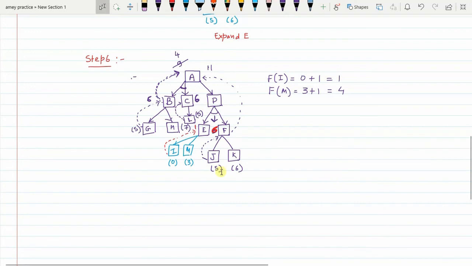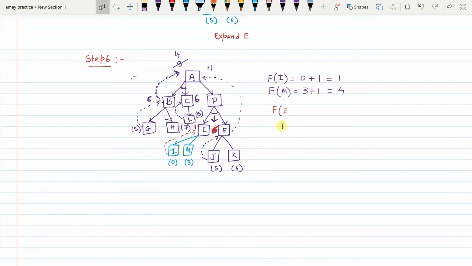How is this one calculated, how is the f value of E calculated, the backed up value? The heuristic value will be 0 and the cost along the edge will be 1. So 0 plus 1 is 1. So f of I is 1 and the same value will be backed up to its parent. Fine. So now in the previous iteration we had solved F and now we have solved E also, right? So now we finally calculate what is f of EF.